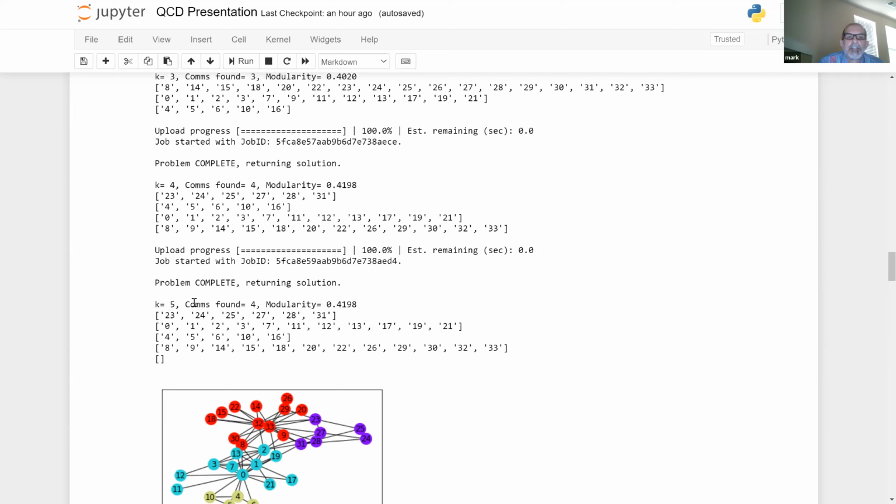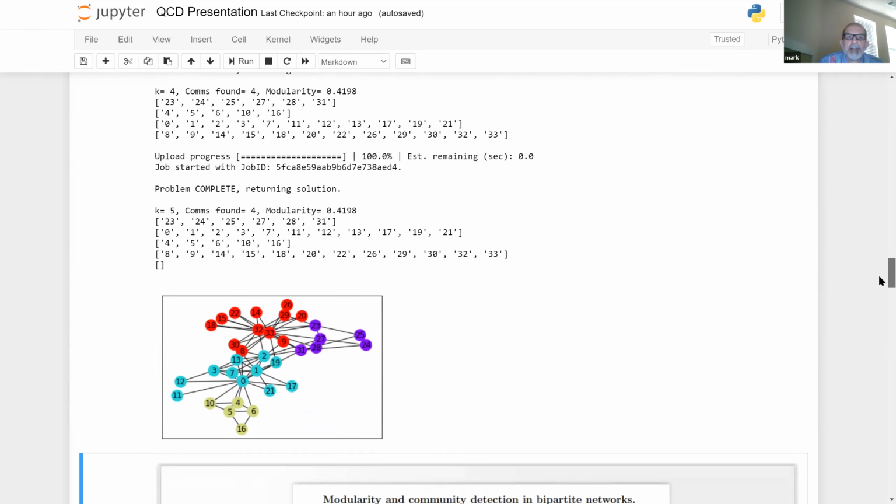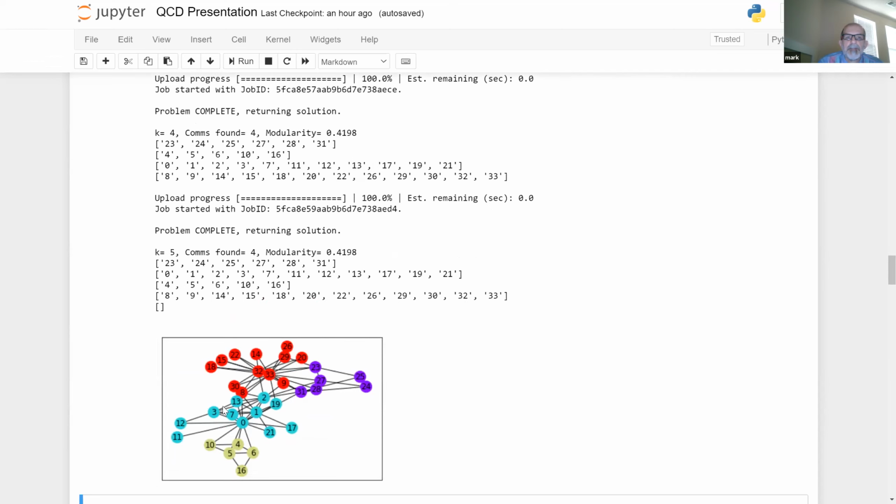The optimal solution, which matches what was reported in literature, is for 4 communities with the modularity 0.4198. And we tell it to search for 5 communities. It comes back, says, sorry, I only found 4. This last one here is empty. And of course, the same modularity and exactly the same communities are found. And here's a visualization of the 4 different communities that are found for the Karate Club